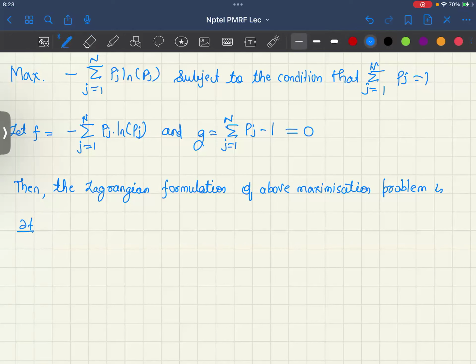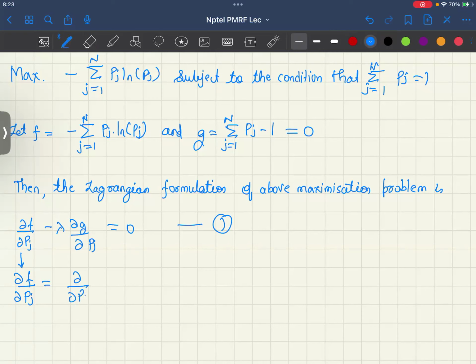∂f/∂pj minus lambda ∂g/∂pj is equal to 0. Let's call this equation 1. Now take this part: ∂f/∂pj is nothing but